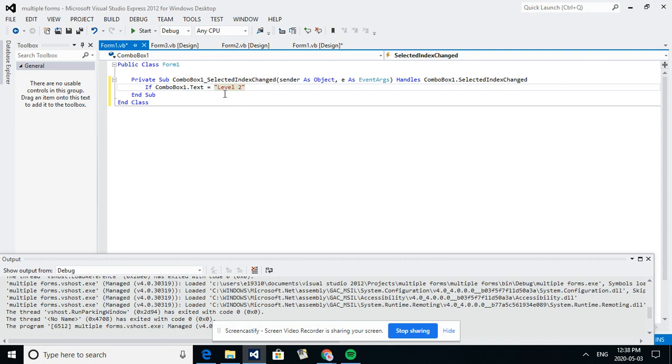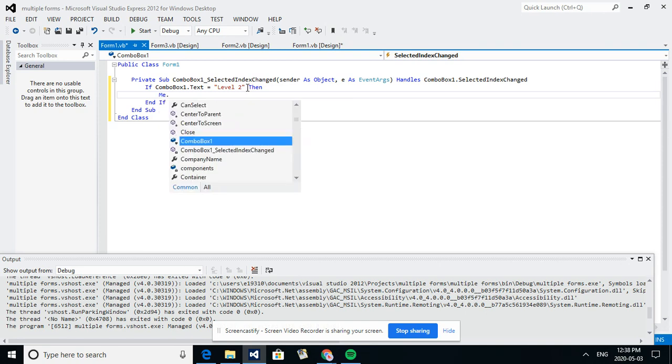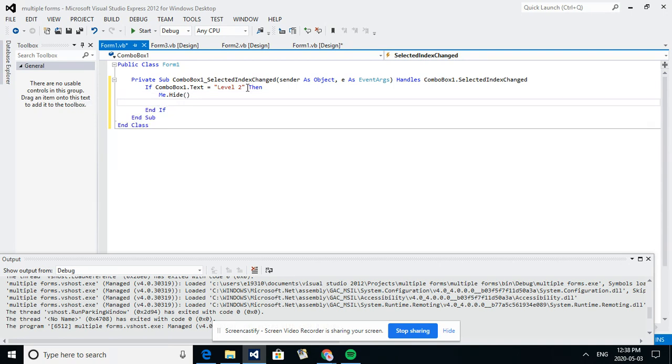So I believe I capitalized the first L, I have a space, and I have the number 2. If you don't, it won't relate it. The computer's a robot. It has to be exactly how you wrote it in the items. Then, this next step is what we're asking to do: we're going to hide the current form, and we're going to bring up level 2's form. So me.hide, so me is the current form we're working on. Me.hide, so hide level 1,